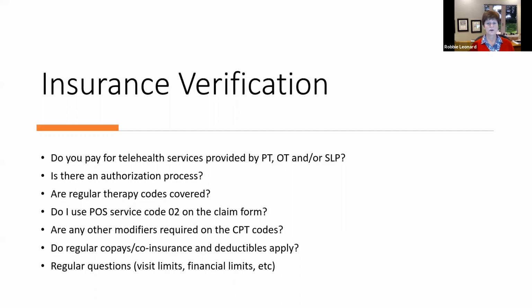Place of service code 02 says to a payer that we are performing teletherapy services or telehealth services. So place of service code 02 is going to be used when providing telehealth unless a payer gives you specific